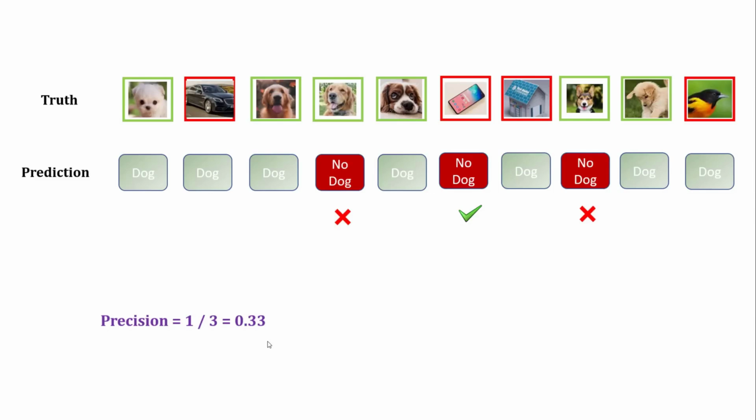When you think about recall, pause this video and try to guess what your recall will be. For recall, you think about truth as your baseline. So what is my truth? In my truth, how many no dog samples do I have? Well, 1, 2, 3, 4. And how many of them did I get right? Well, only 1. See, there is a green check mark here. So out of 4